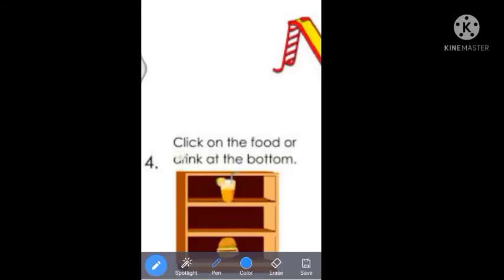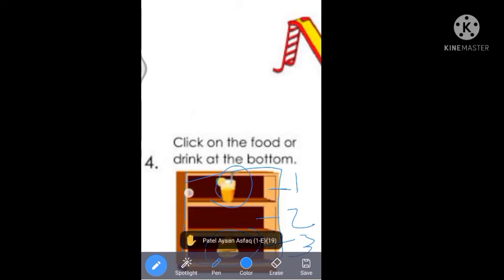Understood? Now students, here click or tick on the food or drink at the bottom. यानी आपको ऐसे food या फिर drink आप देख सकते हो. Here we are having a drink and here we are having a burger, which means food. Drink या food दोनों में से कौन सी चीज़ बॉटम यानी नीचे है? जो बॉटम नीचे है उसको हमें क्लिक करना है. So we have to tick and circle the thing which is at the bottom, right? So here you can clearly see that drink is at the, if you will see, these are the cupboard. This is the cupboard having this one shelf, two and three shelves were there, right? In the first shelf the drink is put and on the last shelf the burger is put.